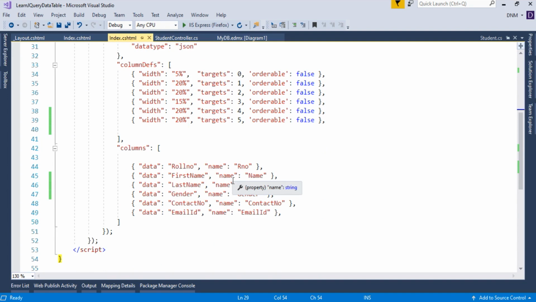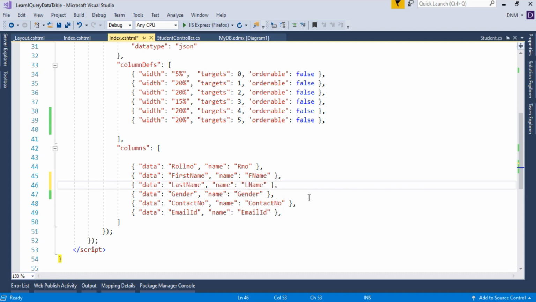Basically the JSON data is nothing but the data from our database. So this is nothing but a binding with our column. Here you can keep the data name and name attribute the same. Let me differentiate here. This is my first name and this is my last name.